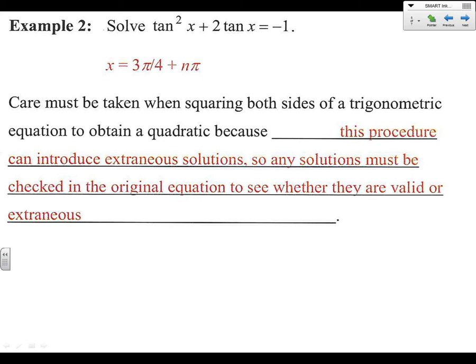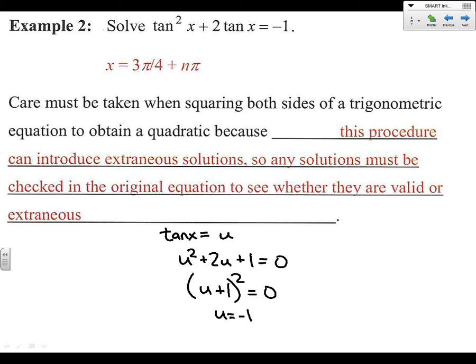I think it might be helpful to, at the very beginning, say tan x and use a substitution. We're just going to use a placeholder. Call it u. Tan x equals u. So instead of tan squared x, I'm going to write u squared plus 2u. And we can bring the 1 over to the other side and say plus 1 equals 0. And so we can factor that. This is u plus 1 times u plus 1, or u plus 1 squared. And so u equals negative 1. But remember, it's not really u we're solving for here. It's tan x equals